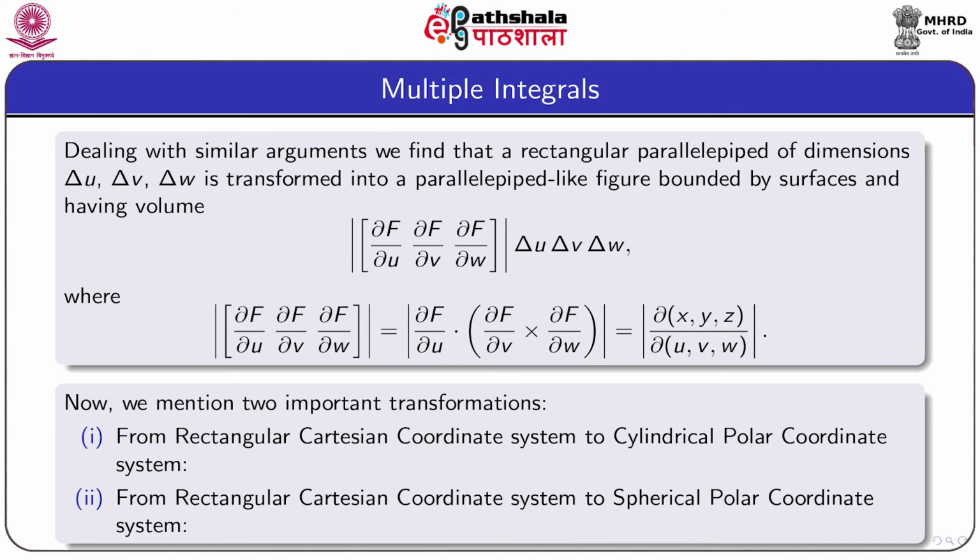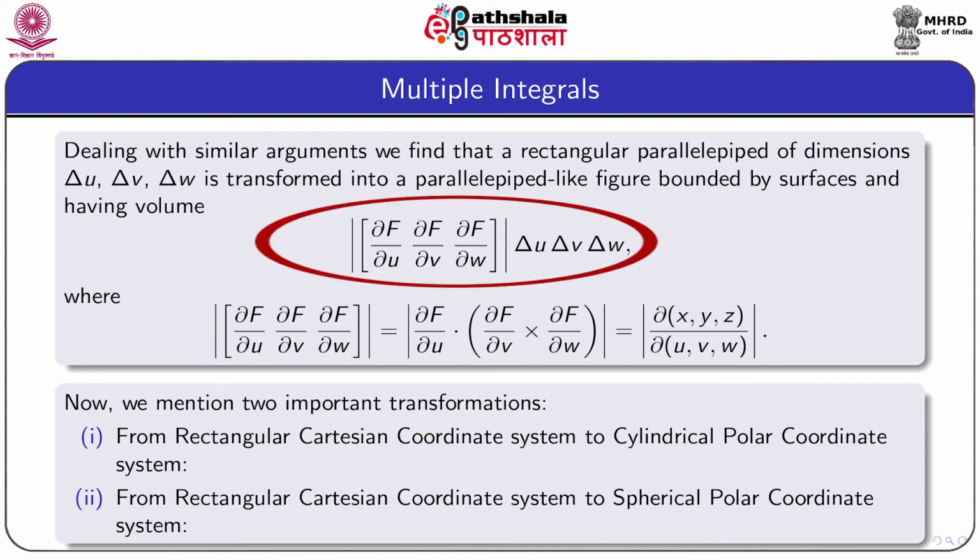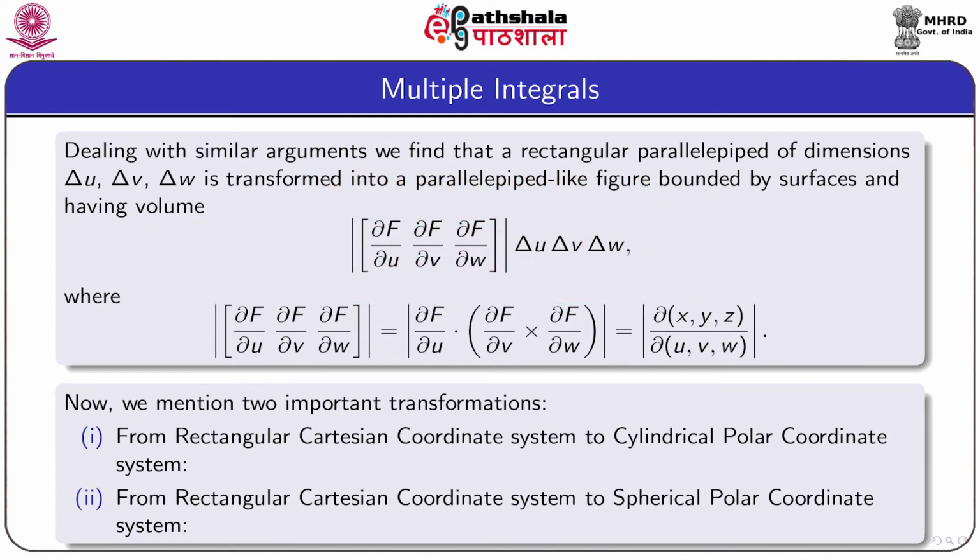With a similar argument, we find that a rectangular parallelepiped of dimensions ∂u, ∂v, and ∂w is transformed into a parallelepiped-like figure bounded by surfaces and having volume modulus of [∂f/∂u, ∂f/∂v, ∂f/∂w]. These three are three vectors. We consider their box product multiplied by ∂u ∂v ∂w,